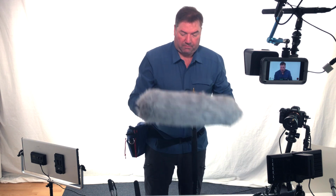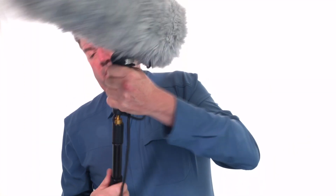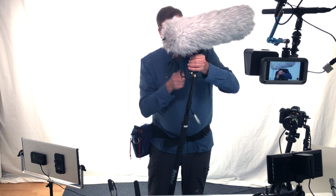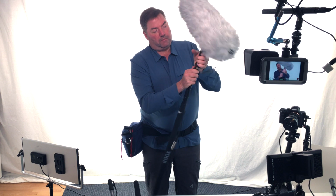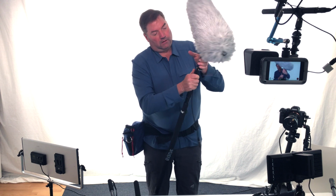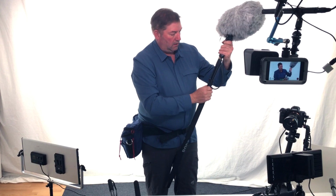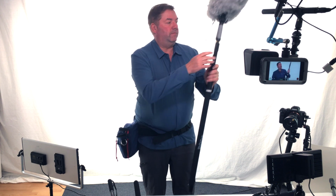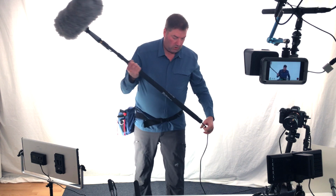Now you can attach the pistol grip thread here to the boom pole, and then we will attach the electrical connection for the audio, the mic cable. Woo, gotta watch your head there. The mic cable will just go in the bottom here, and voila, and then I can adjust the length of that. We can adjust the angle of this, and now we have a Super Pro